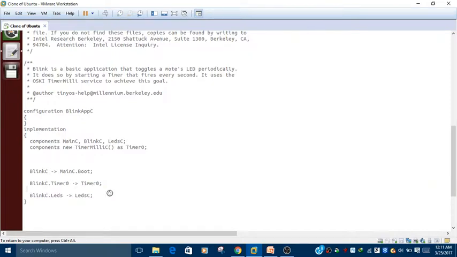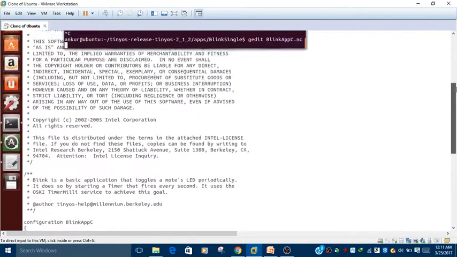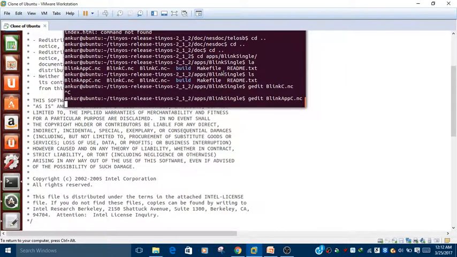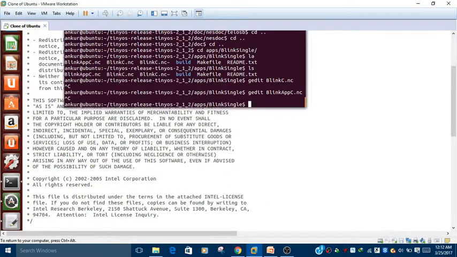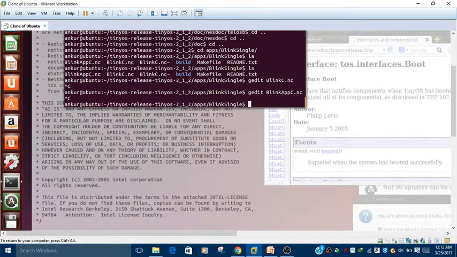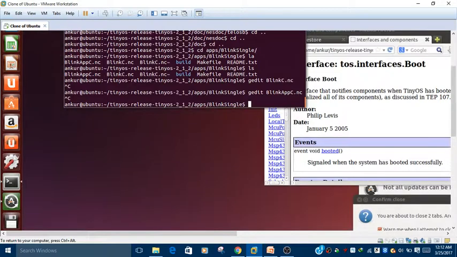You save the configuration file, go to the terminal, and press Ctrl C. Okay, now the files are updated. Now we need to compile it.